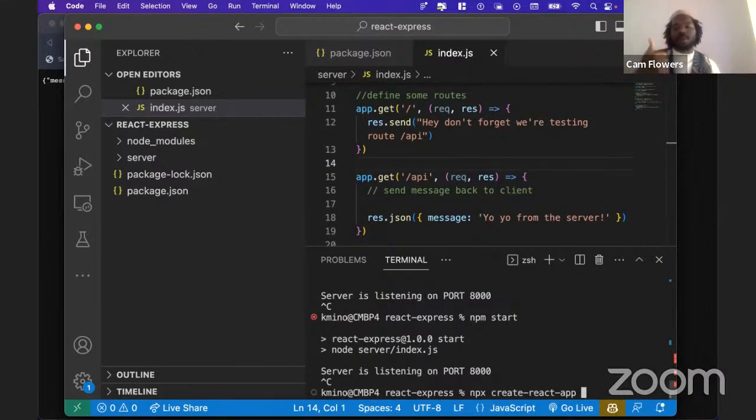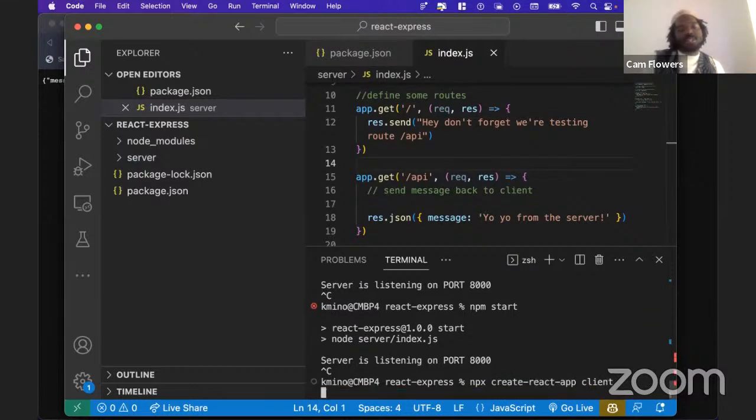Give me a thumbs up, you know what I'm talking about, right? When I run npx create React app, if I say homework 5 or whatever, it's going to create a folder for me called homework 5 with all my information in it. Y'all know this. We've done this a bunch of times. So what I'm going to do is create a new React app, but I'm going to call it client. So this is going to run this script and it's going to create a client folder for me that is going to contain all of that create React app starter code that I need